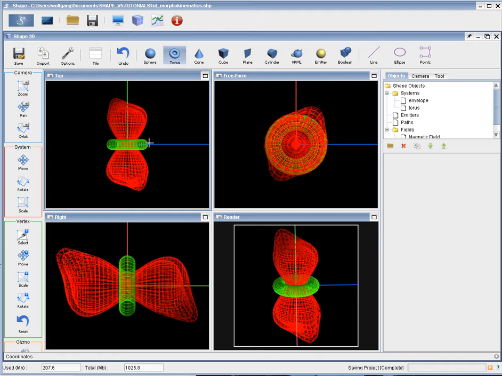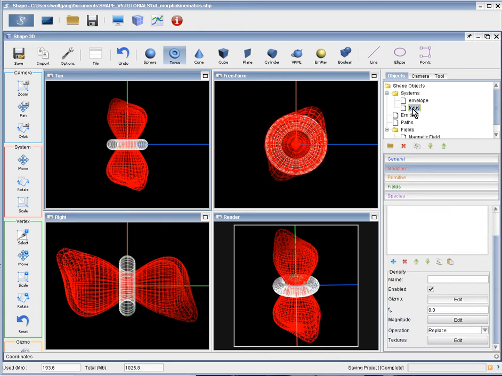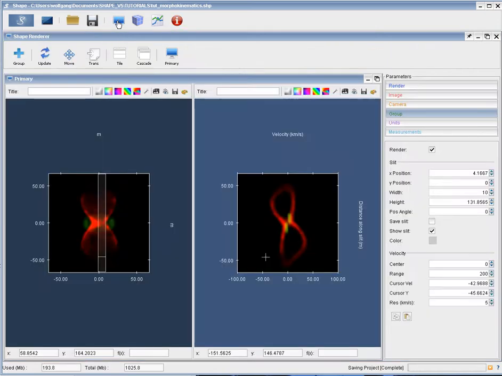And there's a torus here in green which straddles the waist of the bipolar. Note that the torus is bigger than the waist of the bipolar. However, if we look at the rendering, and here's the image and here's the position velocity diagram, the torus actually shows at a smaller velocity distance than the same position in the